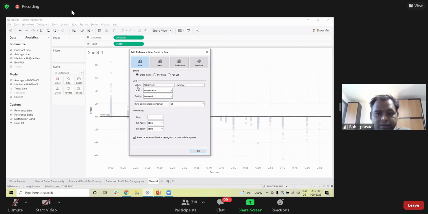Come to the line. The value is sum of profit. That's cool. I wanted to make it average, so average is already selected. Now I want to put the label. There's a drop down over here. I want to make it custom, so click on custom. Another blank will appear on the right-hand side. I just write whatever I want. So I write AVG. profit